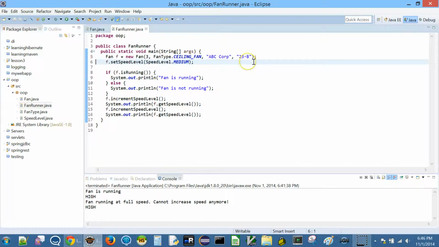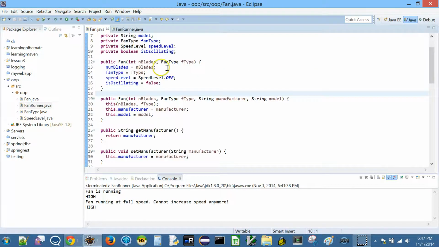The only thing we needed to do was set the level to medium. That is the only thing the client is doing right now, everything else is specified at the time of object creation. Now, if you do not want to specify this constructor, just delete it. Then you can copy paste this one here, in which case, all creators of your object have to pass the manufacturer and model. Now, this is one way to do this.